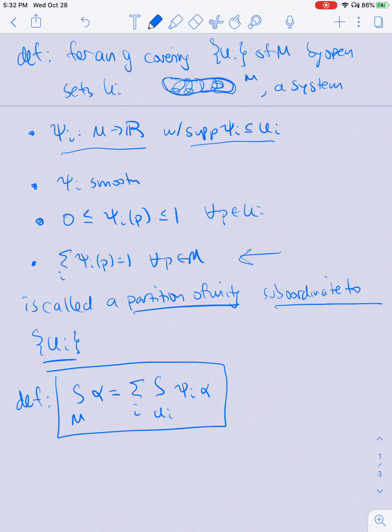you can sort of convince yourself as an exercise that this makes sense if, for example, M is just R2 even, and the UIs are just some open sets in R2, you can actually compute the left-hand side. You can maybe come up with some example where you can compute the right-hand side, or just convince yourself in general that these are actually the same thing. And